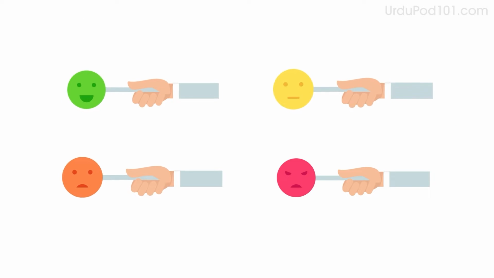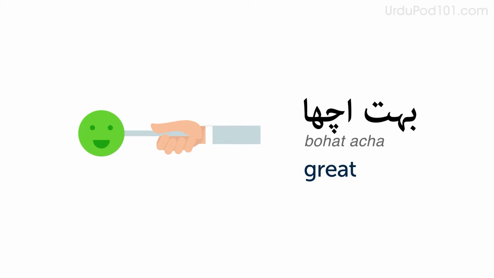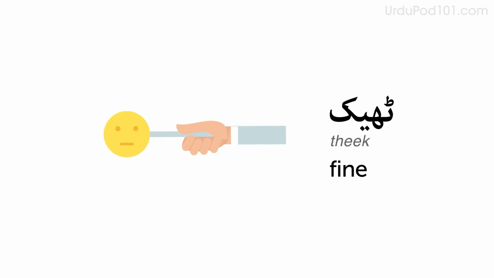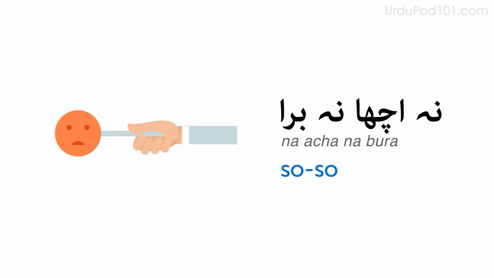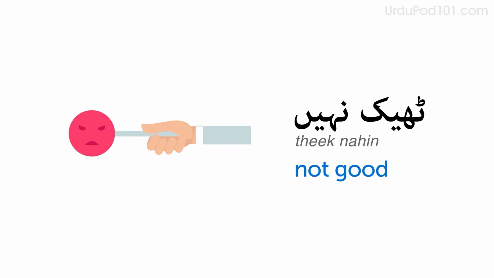Here are a few expressions related to well being that you can use with this pattern. Great, बहुत अच्छा। Fine, ठीक। So so, ना अच्छा ना बुरा। Not good, ठीक नहीं।